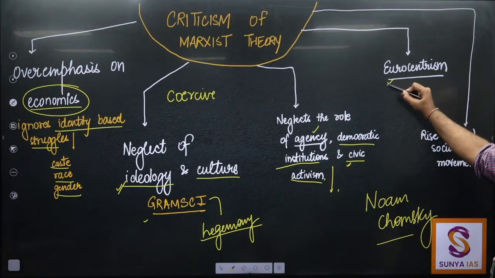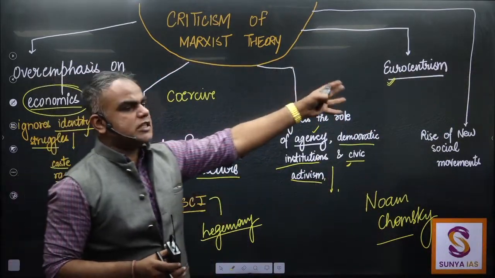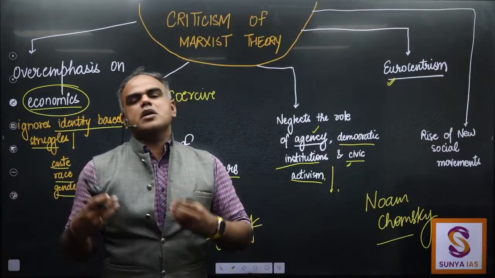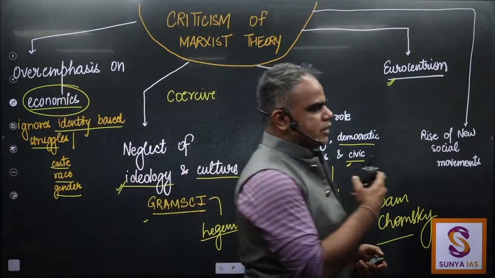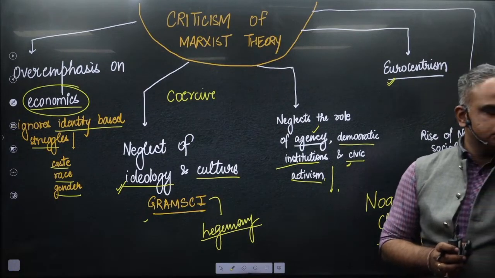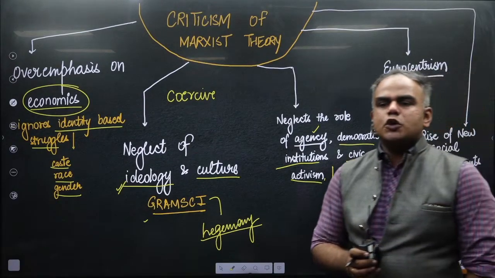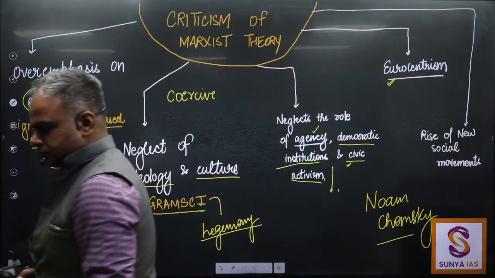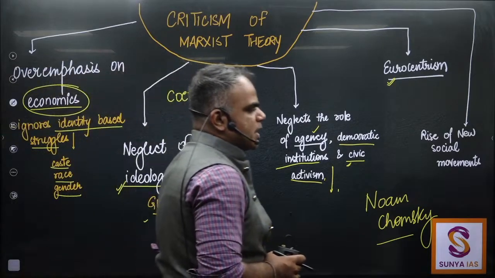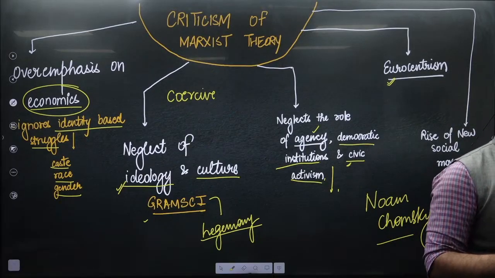Next is Eurocentrism. Now even the classical Marxist theories, of course we are excluding the post-colonial work here, but the traditional theories also fail to explain what is happening in post-colonial society. So here just write down: Classical Marxist models fail to fully explain post-colonial complexities,